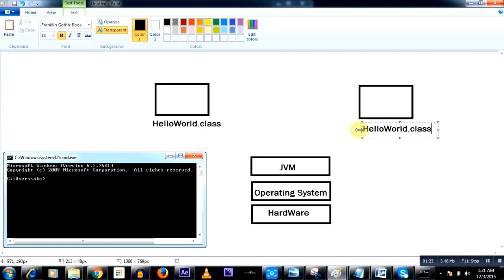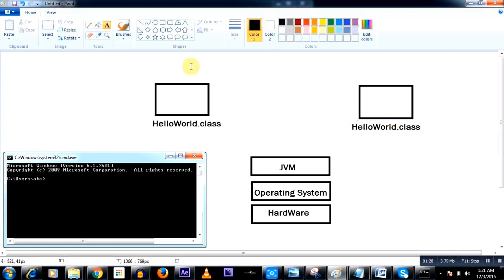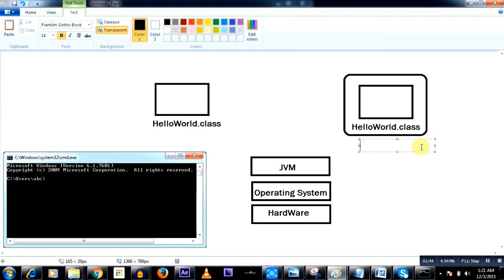However, what I'm going to do here is I will put this second hello world, which is in the second folder, in a jar file, and the name of the jar file would be second.jar.